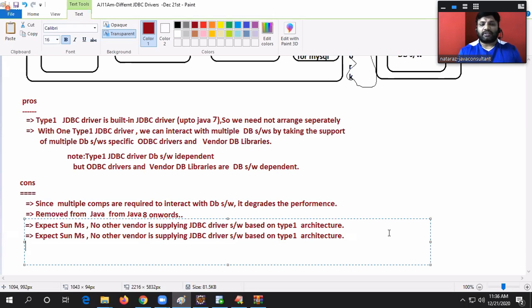Sun Microsystem also stopped supplying from Java 8 onwards, right? Even Sun Microsystem also stopped supplying from Java 8 onwards. Are you understanding my point there? Due to bad performance, this JDBC driver is not suitable for medium scale and large scale applications. Sorry, we cannot think about using this. Next,